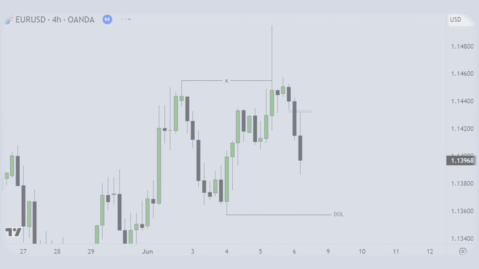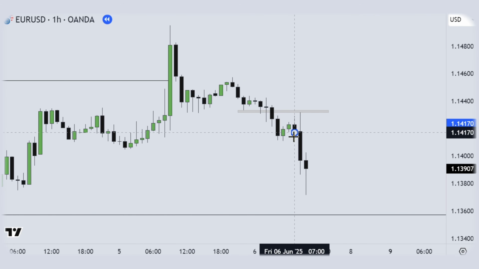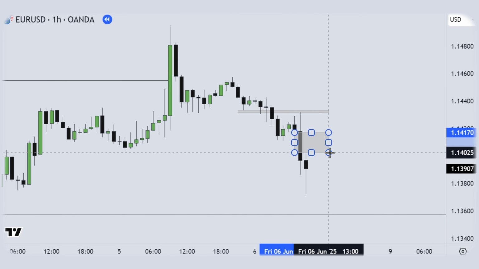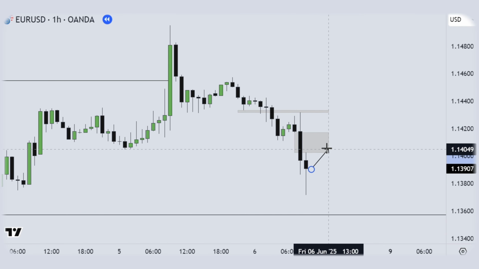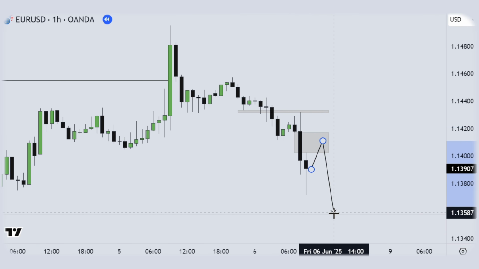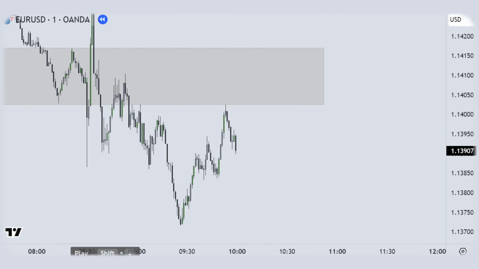On the 1-hour time frame, we identified a clear bearish fair value gap as our PD array for price to retrace into before continuing downward. On the 1-minute time frame, as price retraced into our identified 1-hour fair value gap, we confirmed it was within the optimal trading time. Next, we observed the